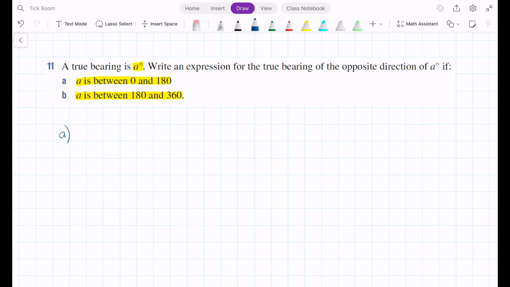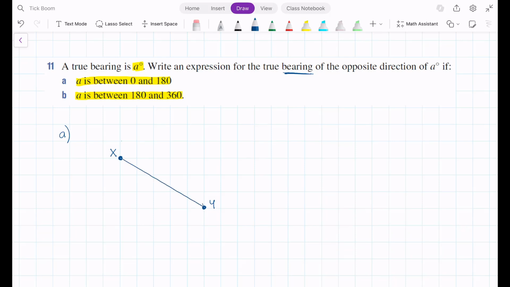points, because remember, a bearing is a way to measure the direction of travel. So that means we must be moving from one point to another. So I'm going to draw 2 points. I'll just call them point X and point Y. And let's assume that in our original case we're moving from X towards Y, so we're moving in that direction